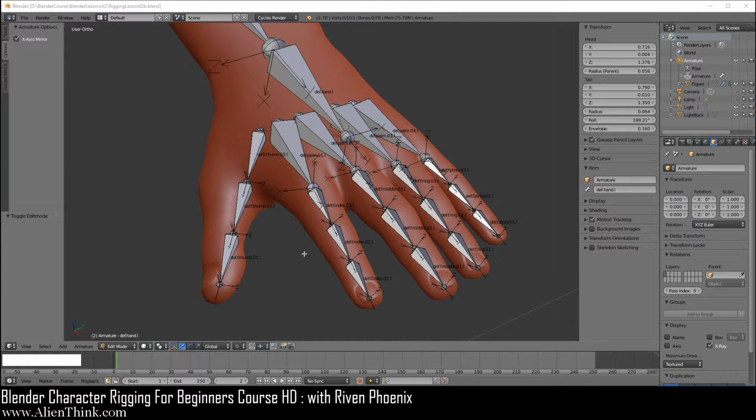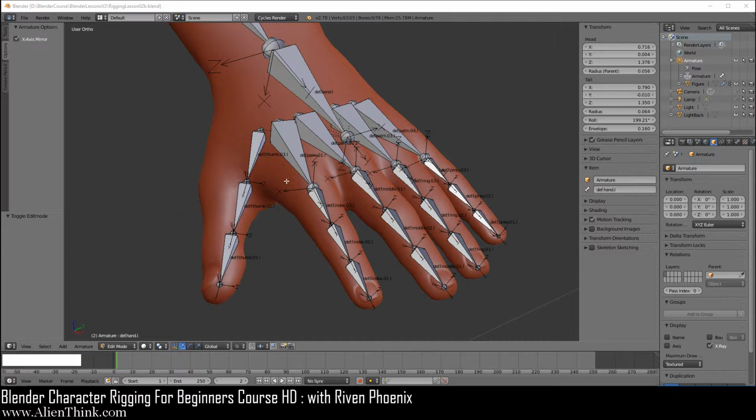Okay, so what we're going to do now is take a look at how to adjust the bone rolls for all the bones on the fingers and all the bones in the palm area, and of course all the bones for the thumb.